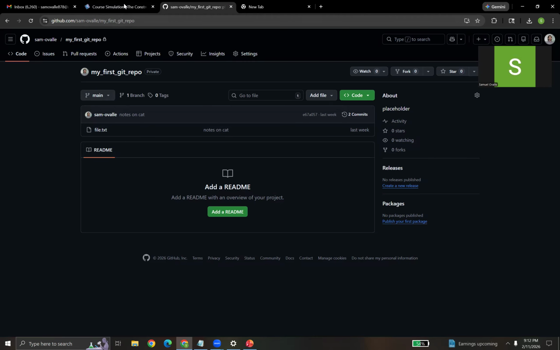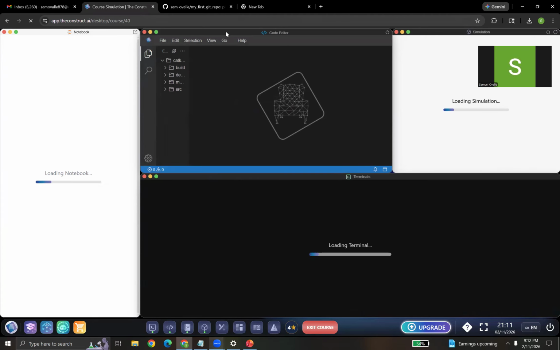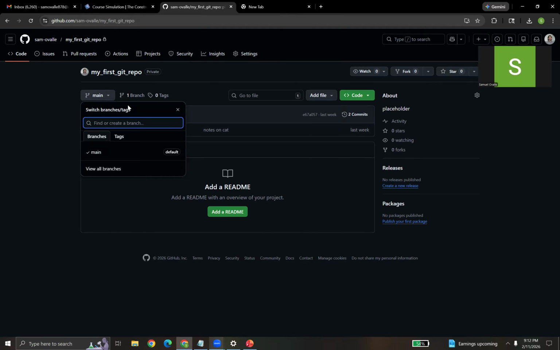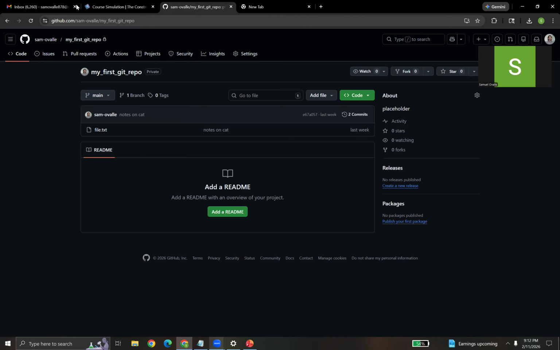This platform would serve as your local computer, like if you were running your code on a laptop or desktop. And then GitHub serves as the cloud where you push your code to. Maybe you've heard of software engineers talking about production code and wondered what they mean. It's just going to be this main branch. We'll talk about branches in a future workshop, but you're pushing your code to the cloud onto the